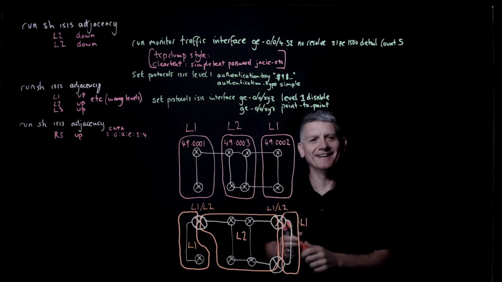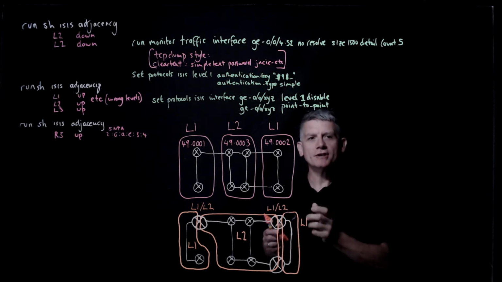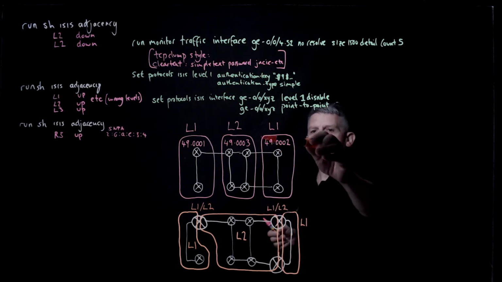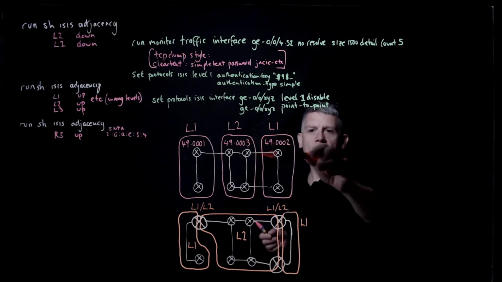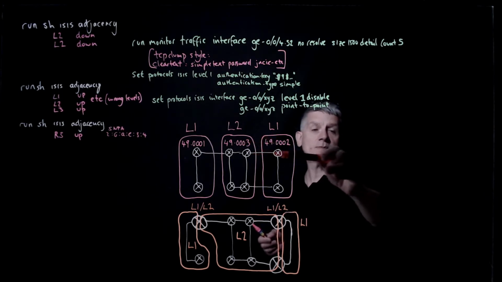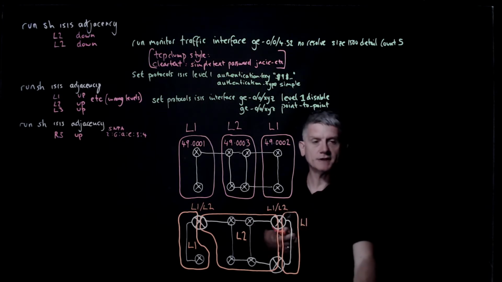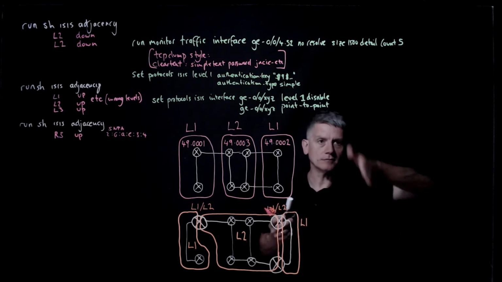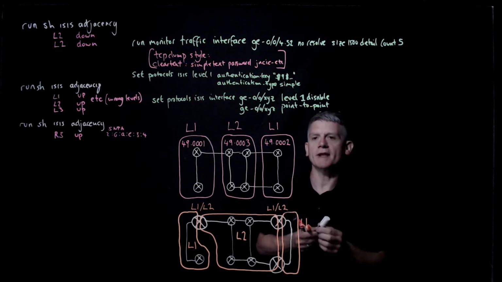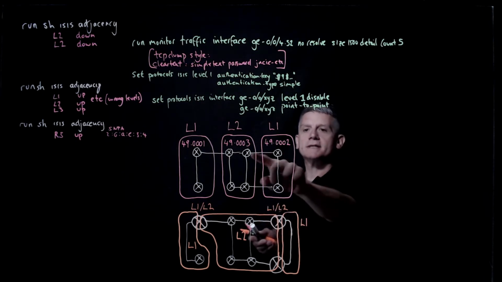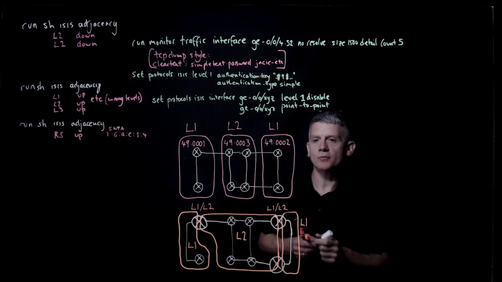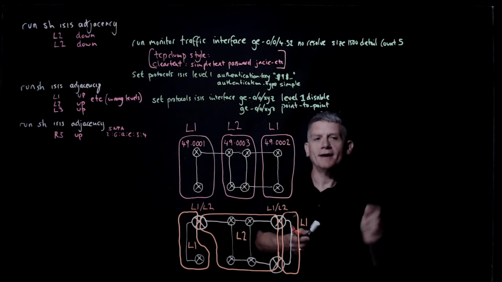However, we're used to the levels or the areas meeting on the wire, because of course with OSPF the areas meet on the router. I mean, one area will be on one interface, one area will be on the other. So we're aware with ISIS that the areas meet on the wire, and we're familiar with that. However,